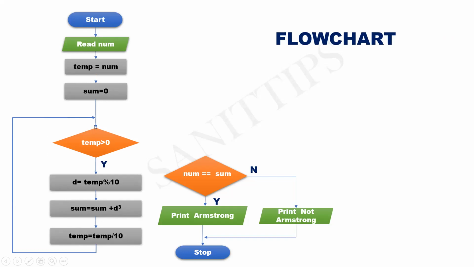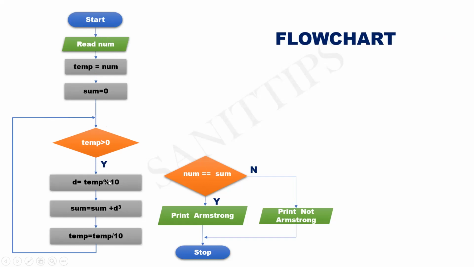So here, once we exit from this loop, the value of temp becomes 0. That is why we are not using num here. If you use num here, the value of num becomes 0, and when we reach the comparison, we'll get the wrong value. So instead of taking the sum of the cubes of the digits of the number directly, we copy it to another variable and use that variable to find the sum of the cubes of the digits.